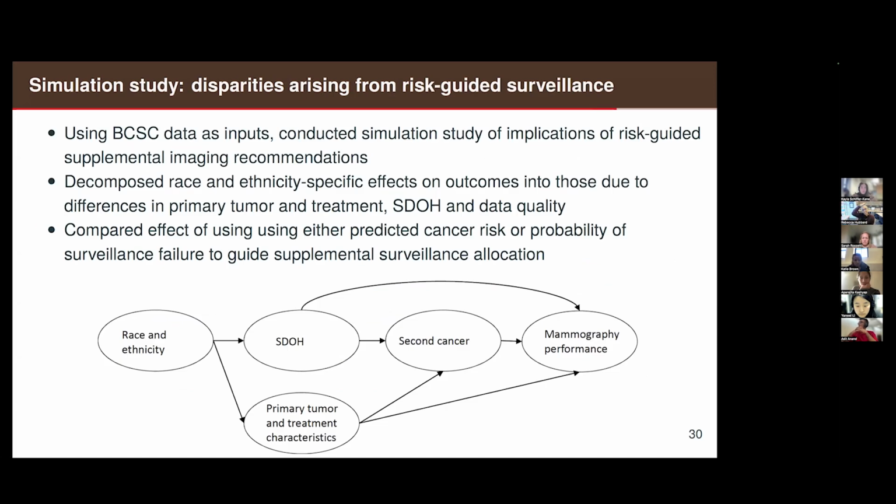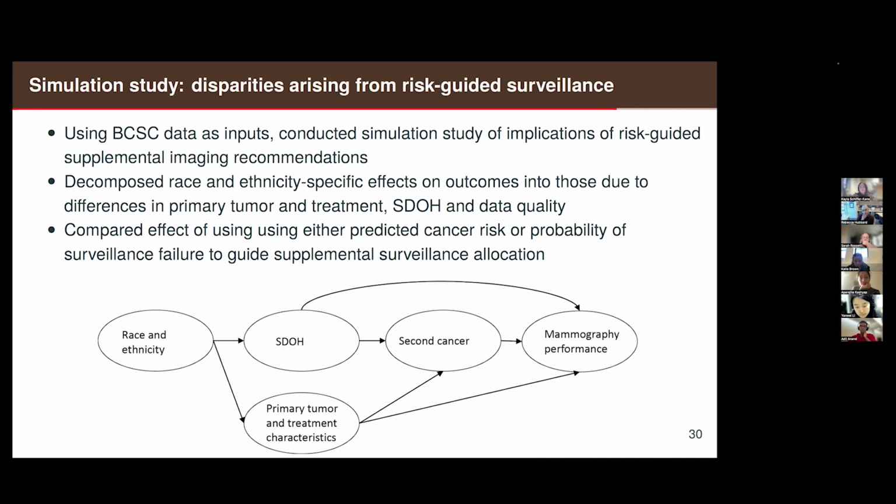So to try to get a handle on that issue, we conducted a simulation study where we used the real BCSC data as inputs and then simulated downstream outcome data, either allowing for or removing relationships between race and ethnicity and downstream cancer characteristics and mammography outcomes. So the idea was that if we could sort of knock out some of these relationships between race and ethnicity and downstream outcomes, we could get a handle on the extent to which being from an underrepresented group influences the